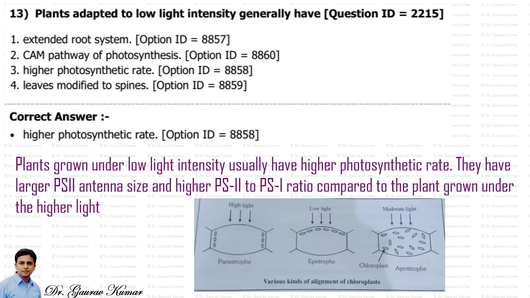I have drawn these arrangements here in this image. You can see the chloroplast aligned parallel to the wall of mesophyll cells, mainly the palisade cells. When intensity of light is minimum, to get more and more of light, this condition is called epistrophy. And when the intensity of light is maximum, the chloroplast get aligned perpendicular to the mesophyll cells to avoid photooxidation of chlorophyll a molecule, which is important for photosynthesis. This condition is called parastrophy. And then there is another arrangement for moderate light called apostrophe. You can see that in the image.